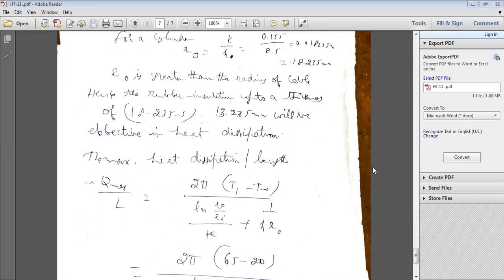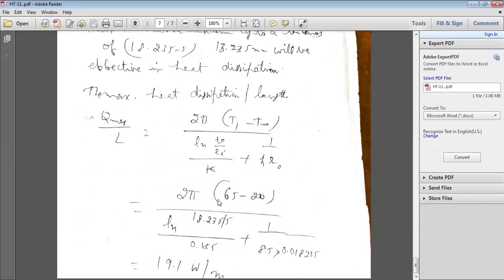So substitute the values here: 18.235 divided by 5, divided by thermal conductivity K 0.155, plus 1 by H value 8.5 divided by Ro in